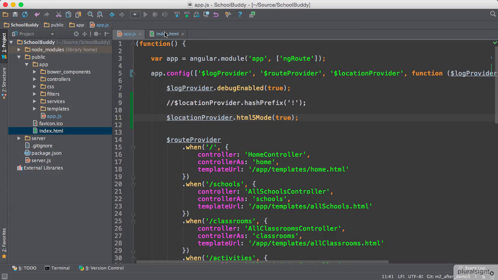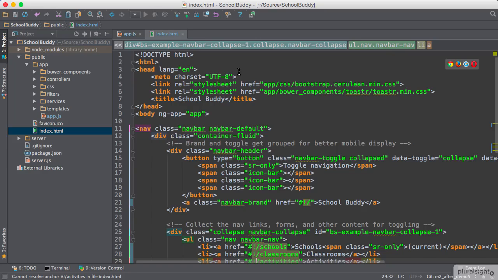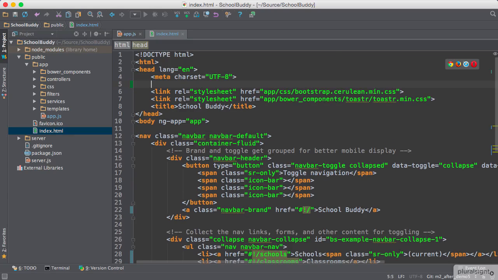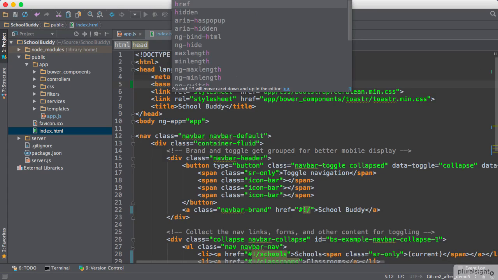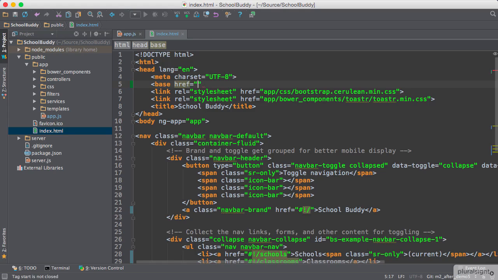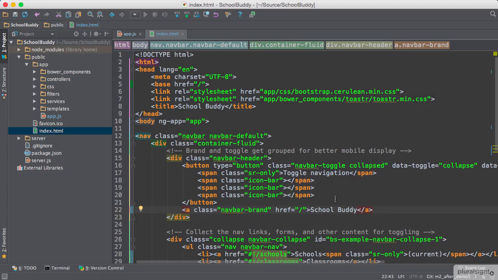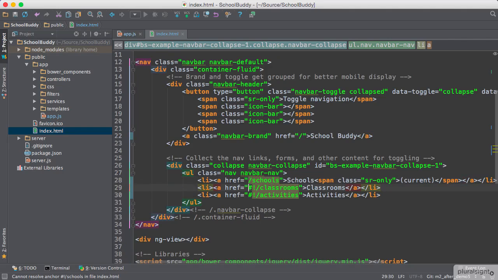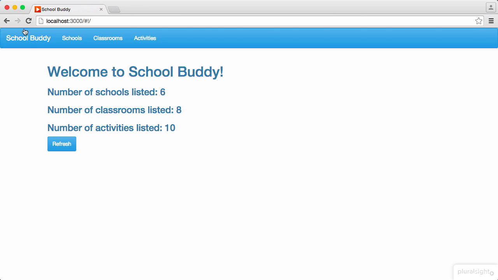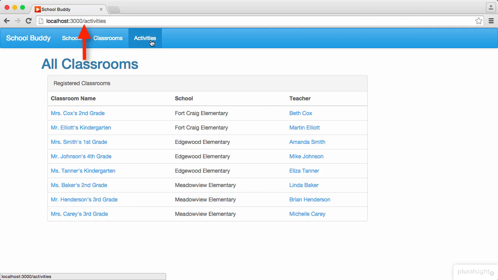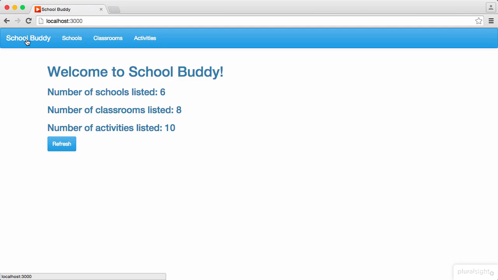Now I need to go to the index.html file and add a base tag that specifies the base URL for the application. Since our application is created at the root of the web server, the base URL will just be /. I can now modify the links in the navigation bar so that they don't include the hash symbol at all. I'll go back to the browser and refresh the app again. You can now see that as I navigate around, none of the URLs contain the hash symbol